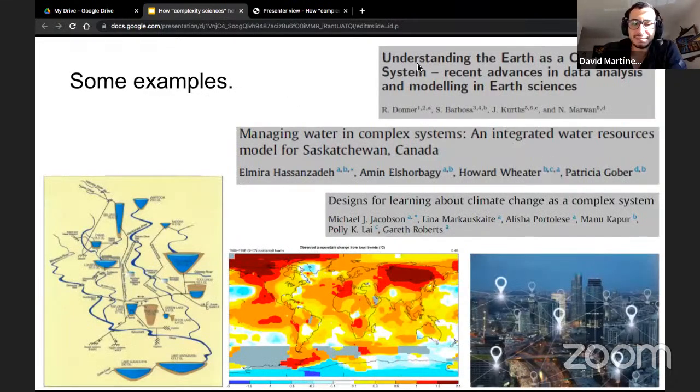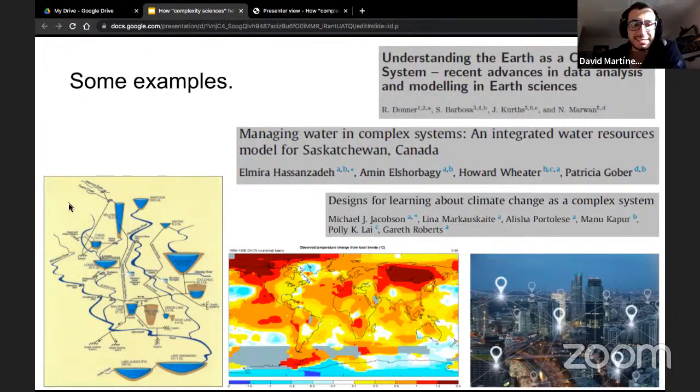Here are some examples. For example, water is starting to be seen as a complex system. In fact, the theory is that all the water in the world is connected through a complex network of subterranean and surface water bodies.